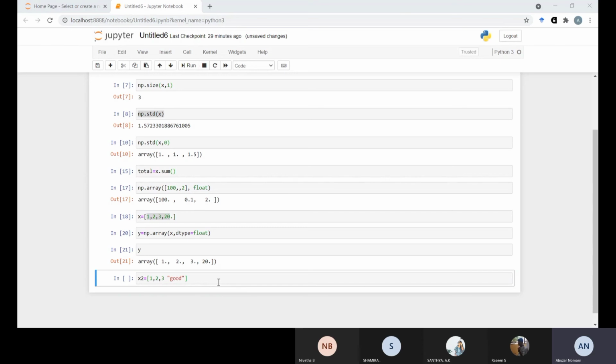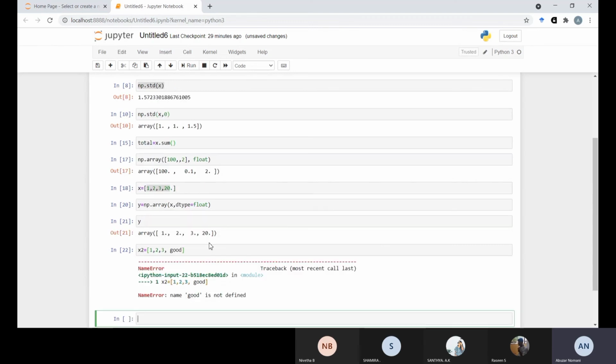What happened? Because we have put it in quotes, it will take it. Suppose if we did not put it in quotes, it will create an error. But here if we put the quotes, then it will understand that it is a string, so it will run.